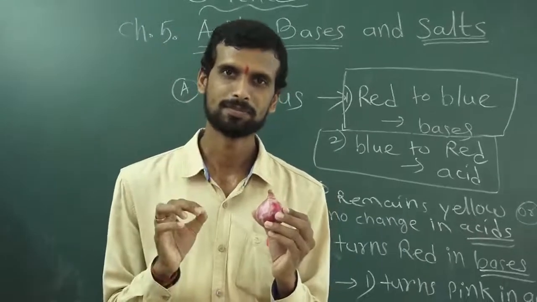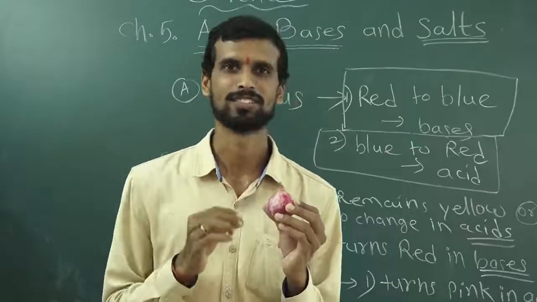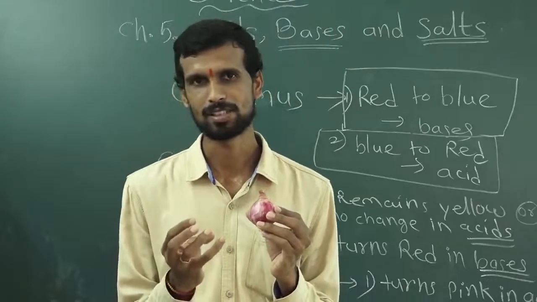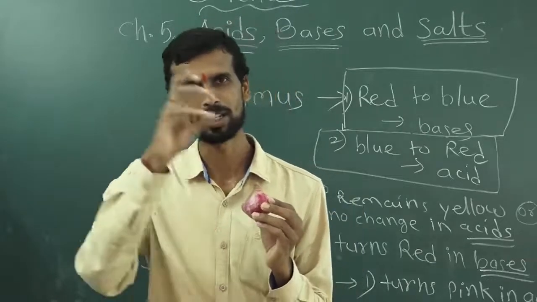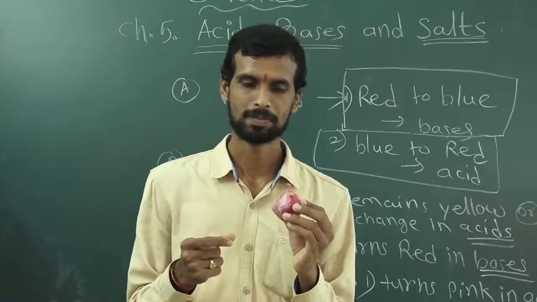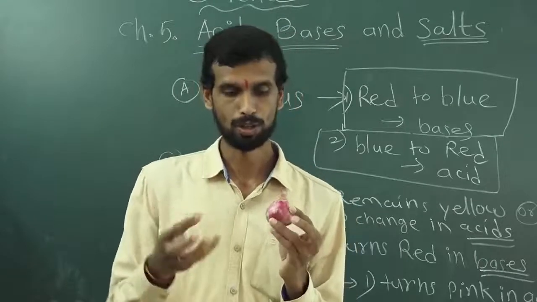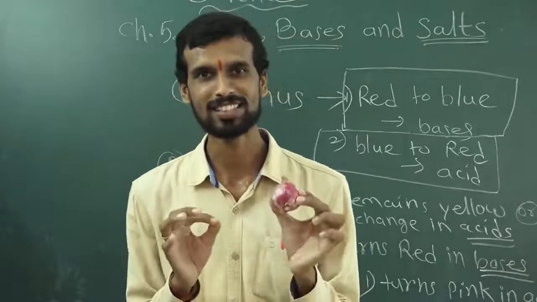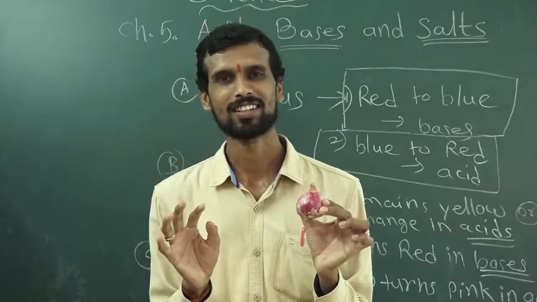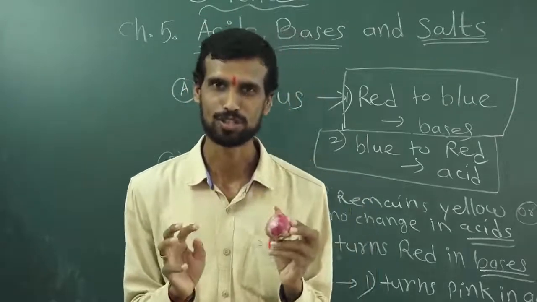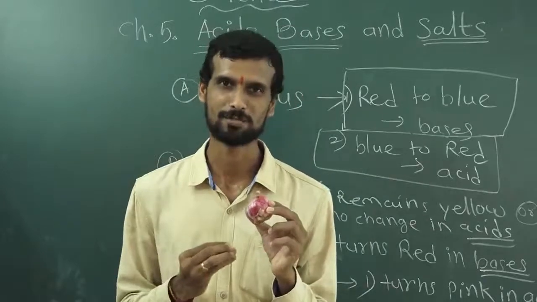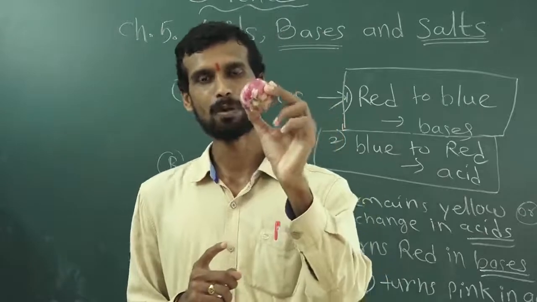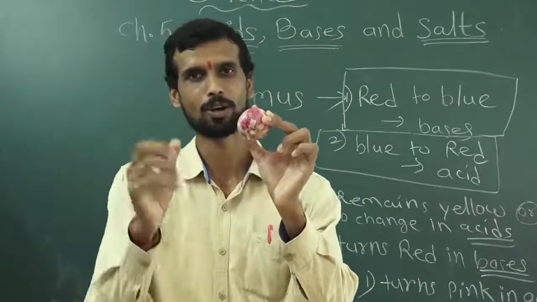If you add a base on it, like detergent powder contains base, the washing soap contains base. If you make a solution of them, or shampoo also, if you put, you can stop the smell. But the onion cannot be used if you put this kind of bases present at home. But you can identify with the help of onion whether the substance is acidic or base.